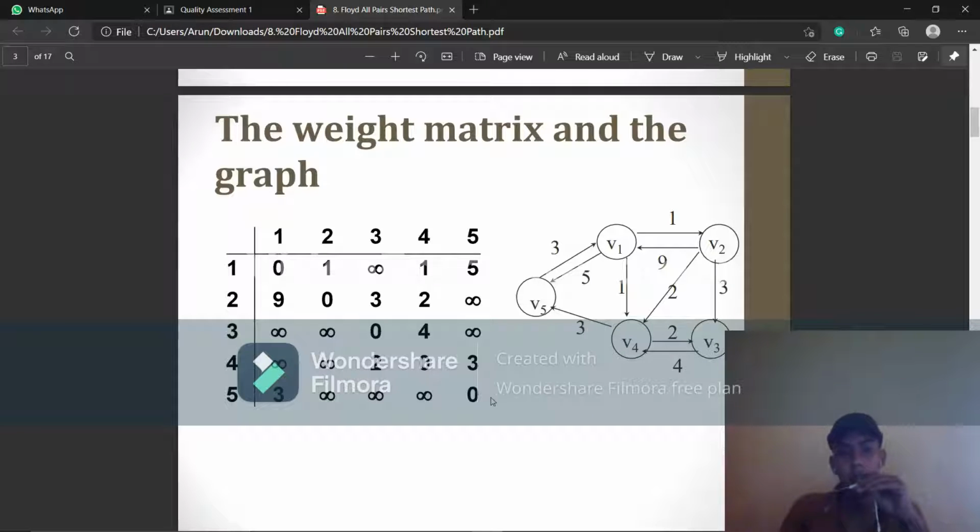So the diagonal is 0 0 0 0 0. Then 1 2 is 1, 2 1 is 9, 2 3 is 3, 2 4 is 2, and 2 5 is infinity. Like that we need to give values to the matrix.